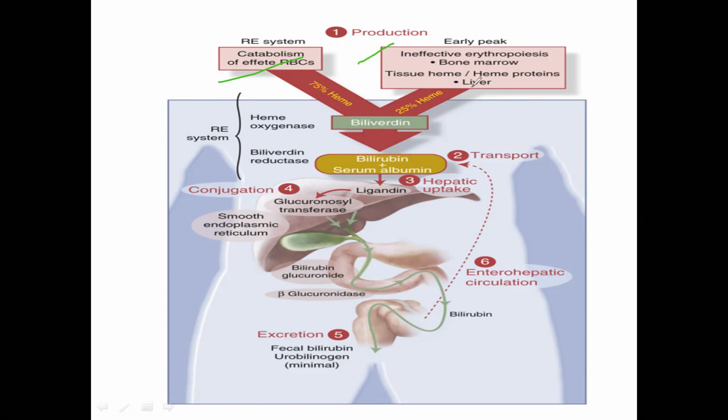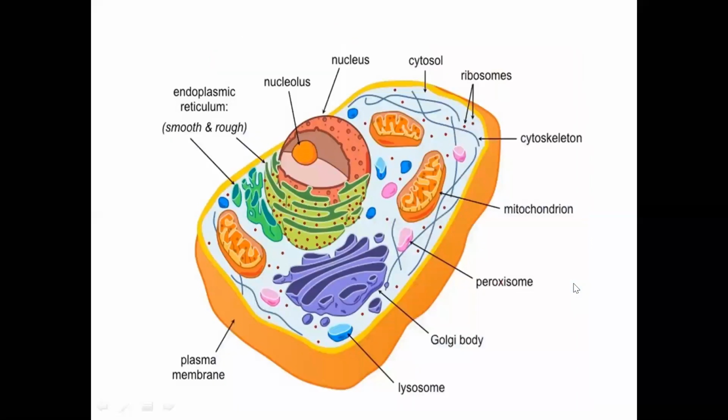After the breakdown of it, what do you get? Biliverdin, which is then converted into bilirubin. Then bilirubin binds with albumin. So that is an albumin bilirubin complex, and this complex is then transported to the liver. So in the liver, what happens? That has been explained here. This is again a diagram which shows basically the cytosol part and endoplasmic reticulum, so it will become easy to remember the metabolism of this bilirubin.